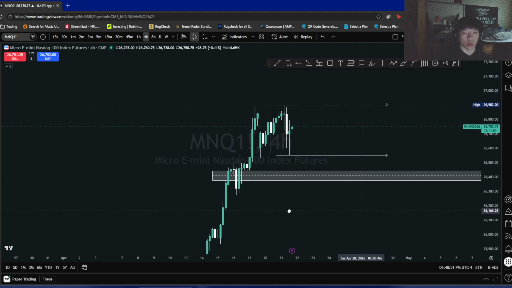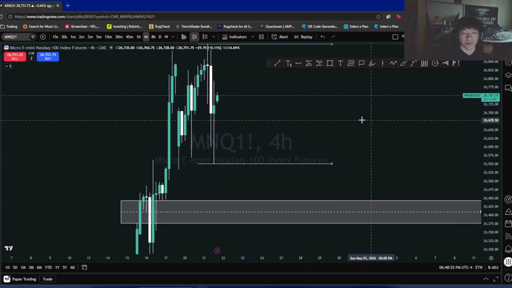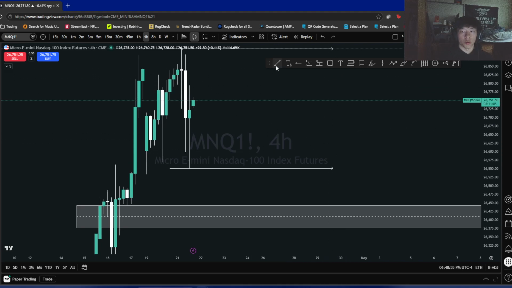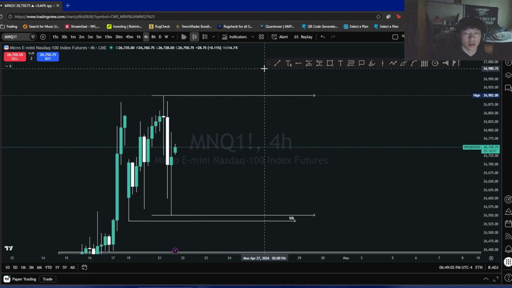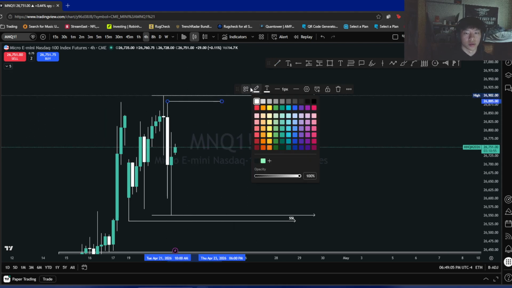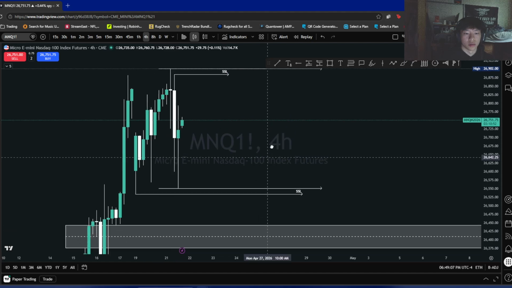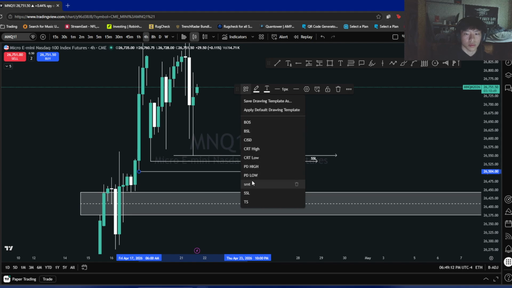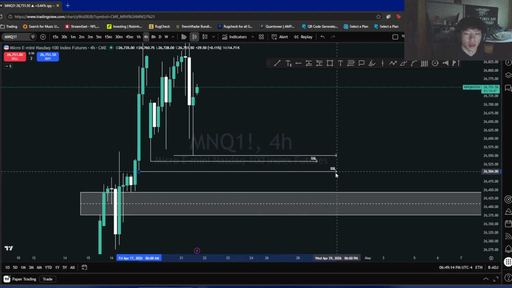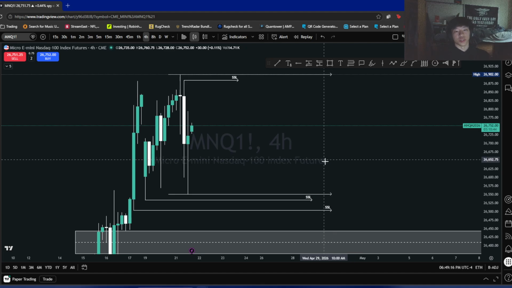Next, I like to go down on the 4-hour. On the 4-hour, I like to mark out any buy side liquidity or sell side liquidity that has not been marked yet. So right here, we have one right here, as well as here. Great. Now, once you have your